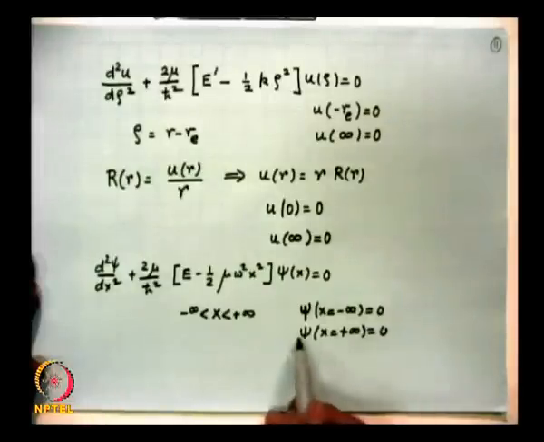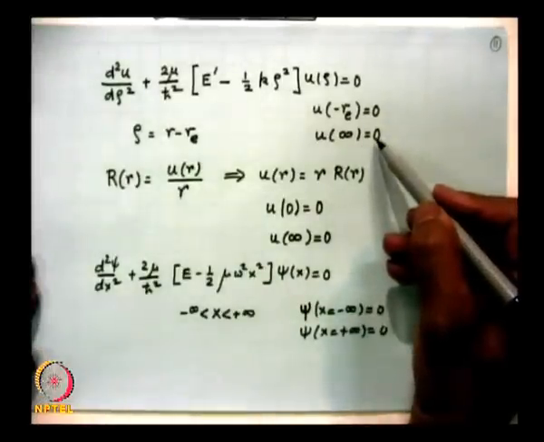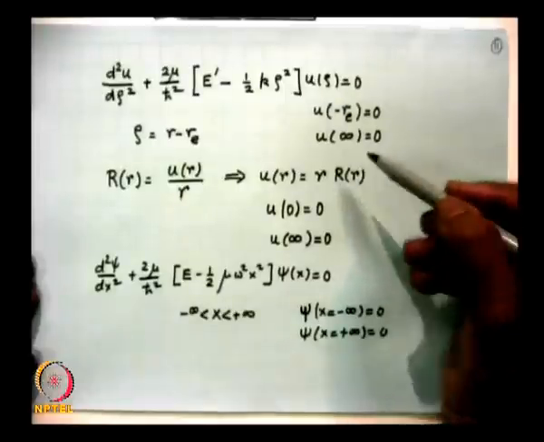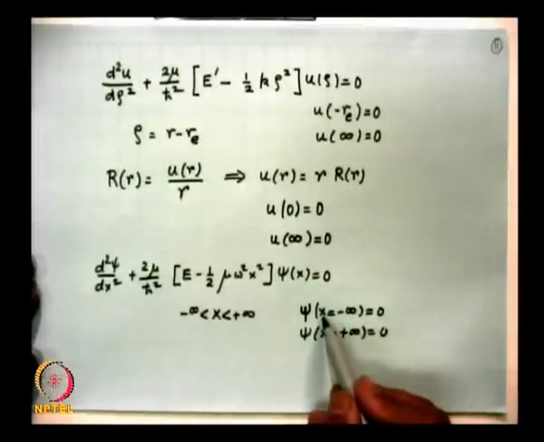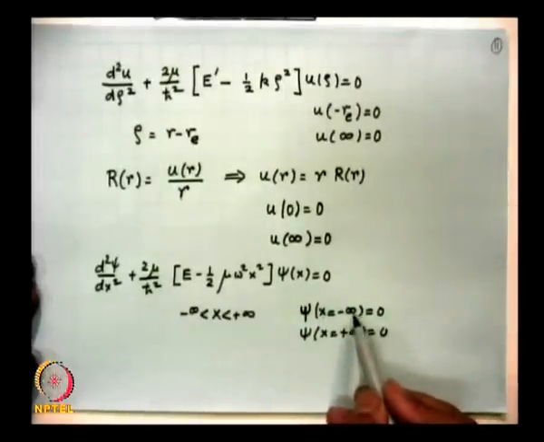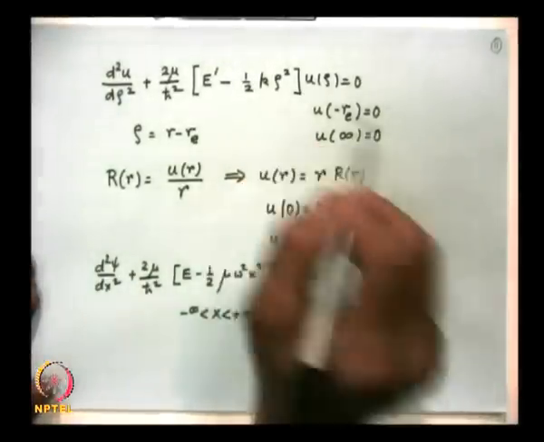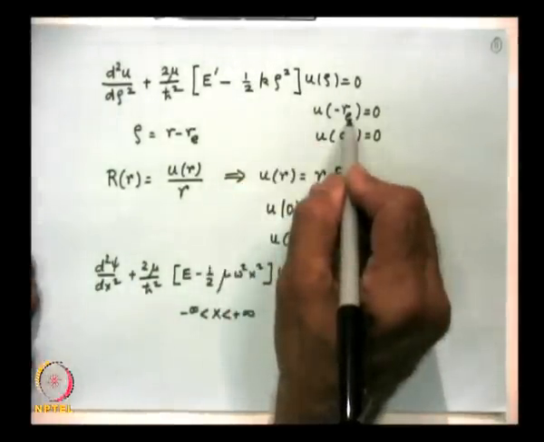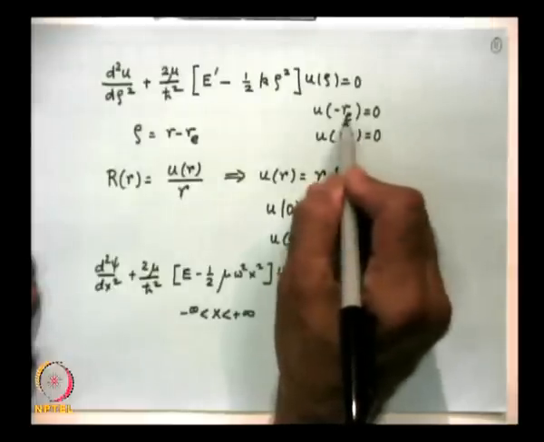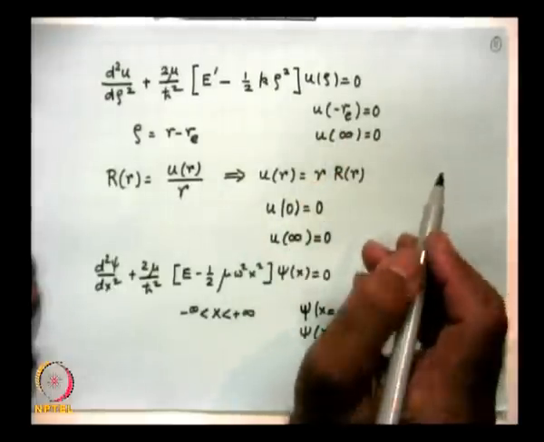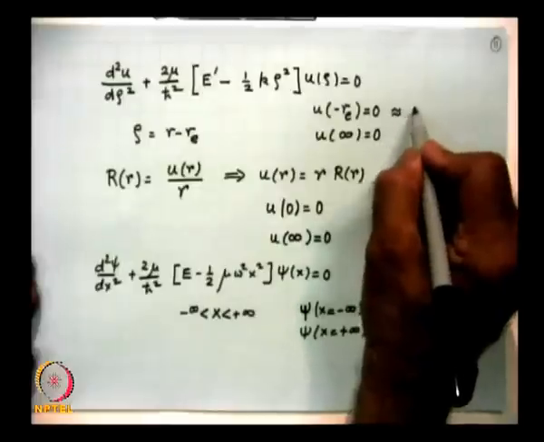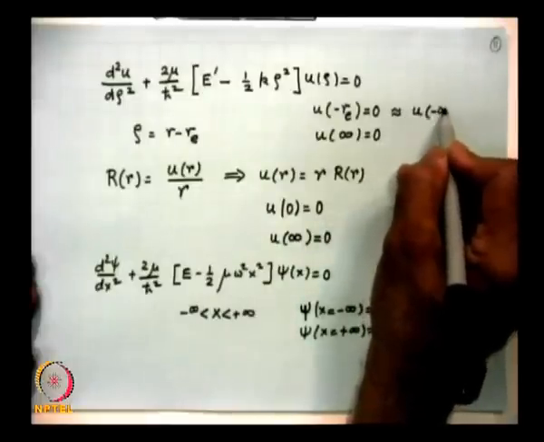So, here u of plus infinity is 0, but u is not zero at rho equal to minus infinity, but at rho equal to minus r e. But since the values of rho for which the vibrations occur are much smaller than r e, this is approximately equivalent to u of minus infinity